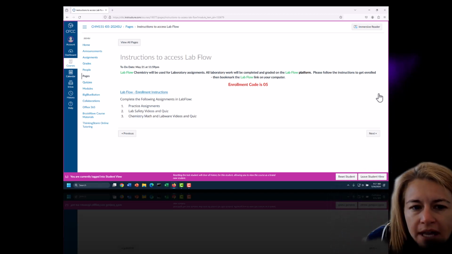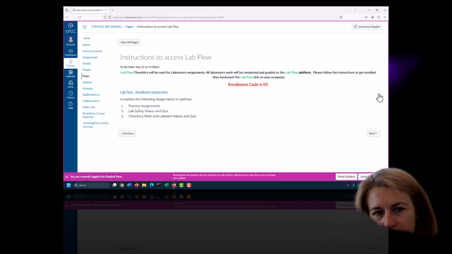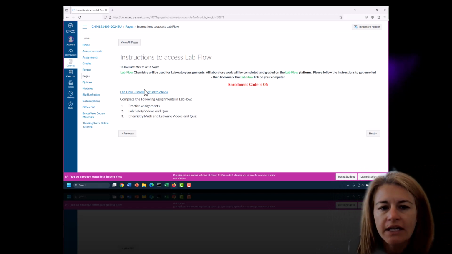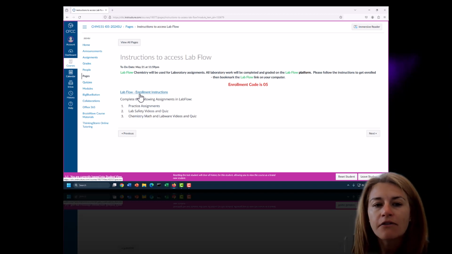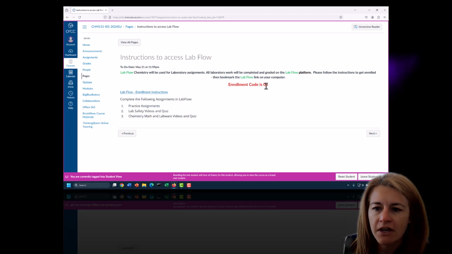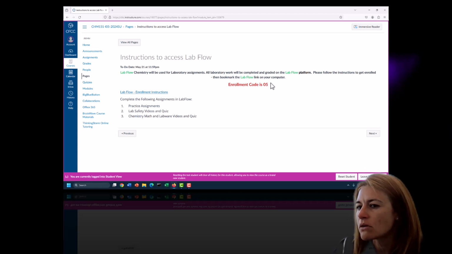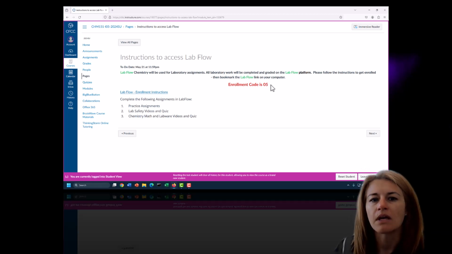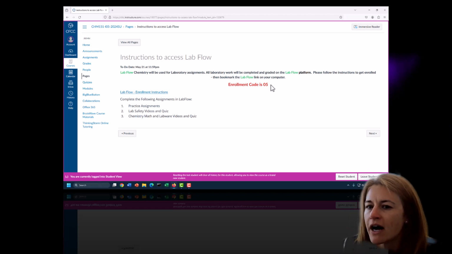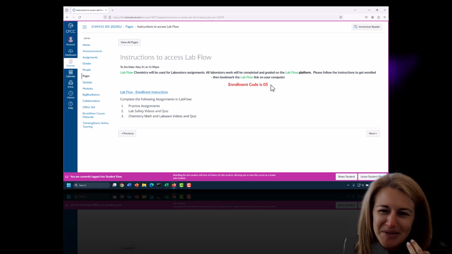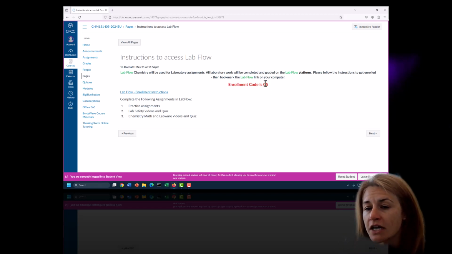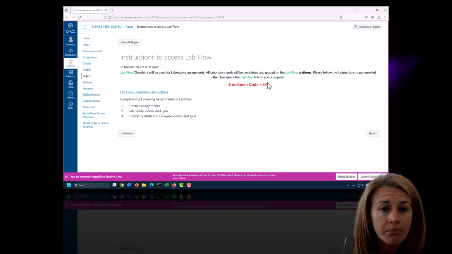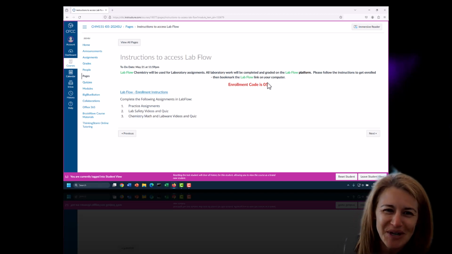So LabFlow again is going to be where all the lab happens. You will want to click again to get signed up for that. So this will pull up a PDF for you to sign up. So the step-by-step instructions. Be very mindful of your enrollment code. So if you are not in section IO5, this is not your enrollment code. So make sure you're taking a look at this. For your particular section, it will just be a 0 and then a number, but make sure you get into your particular